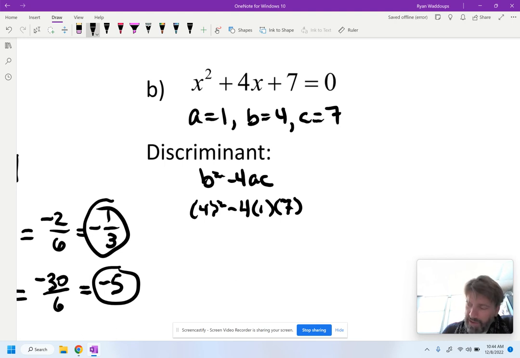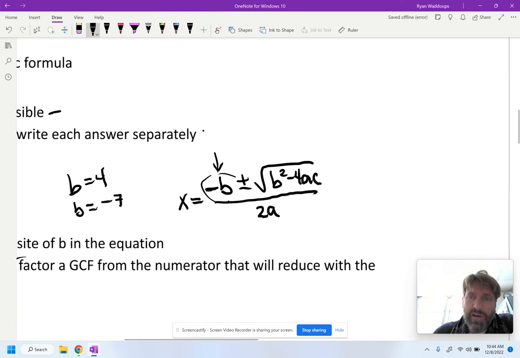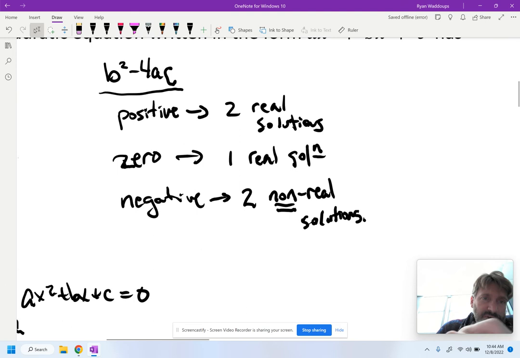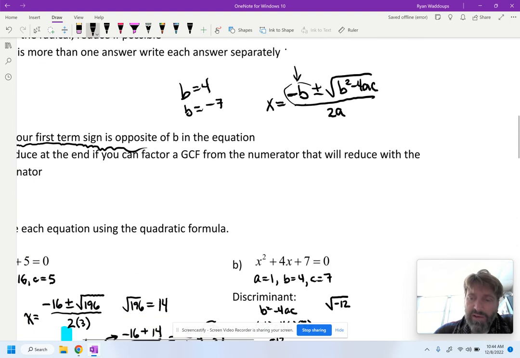And if I put that in my calculator, I get negative 12. And that's going to be the part under the radical. So I'm just going to go ahead and simplify that and see what it looks like. That's going to be the square root of negative 12. And so just like we set up above, when the value of your discriminant is negative, you get two non-real solutions. Because if you have a negative under the radical, which we do here,